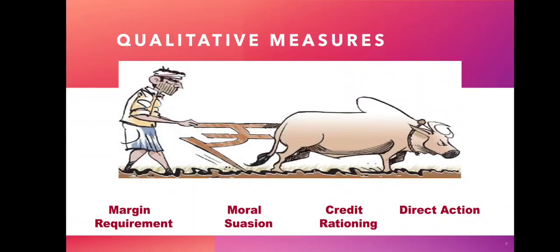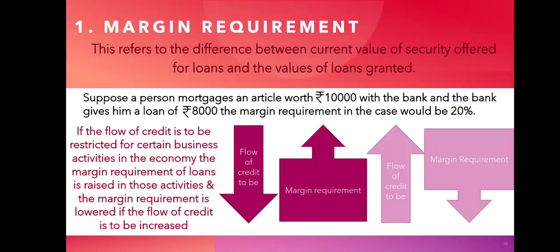Now let's look at the qualitative measures of money supply. And they are margin requirement, moral suasion, credit rationing, and direct action. The first qualitative measure is margin requirement. Now this refers to the difference between the current value of security offered for loans and the value of the